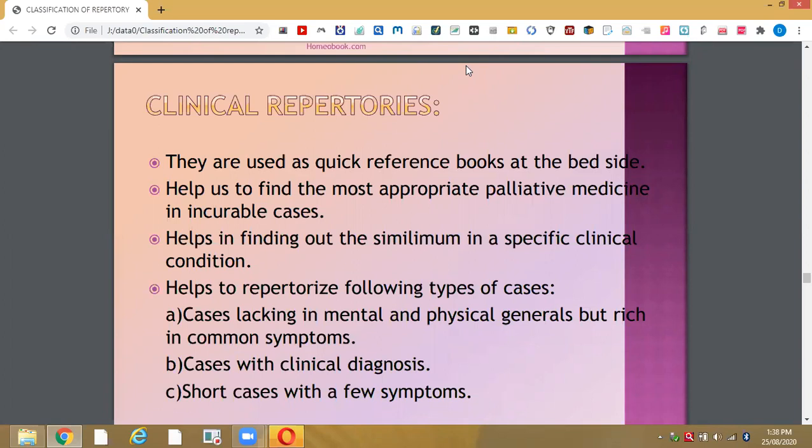If we have any specific clinical condition, as for example anemia, and we want to find the medicines indicated for anemia, this is against the principles of homeopathy, because we are not going to treat any pathological condition, but we should treat the person as a whole. We cannot consider his pathology